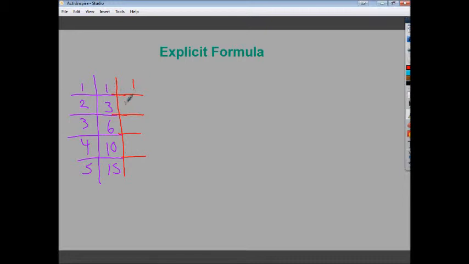So this would be 1. This would be 1 plus 2. So as you can see, the 2's match. This is 1 plus 2 plus 3. 1 plus 2 plus 3 plus 4. And then 1 plus 2 plus 3 plus 4 plus 5. So what they found out is really you're just adding all the values below it together and the value of